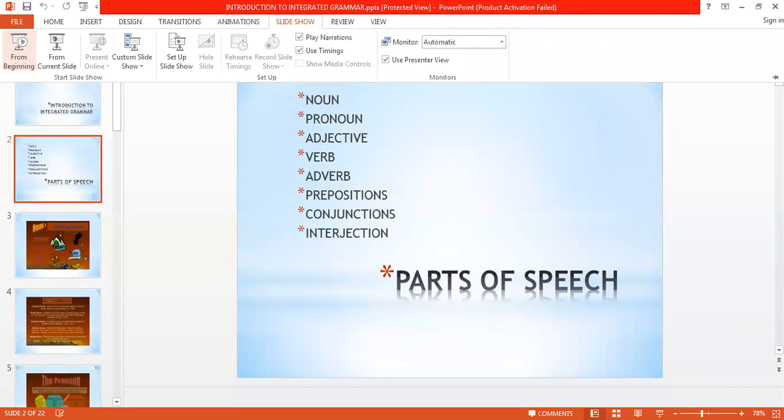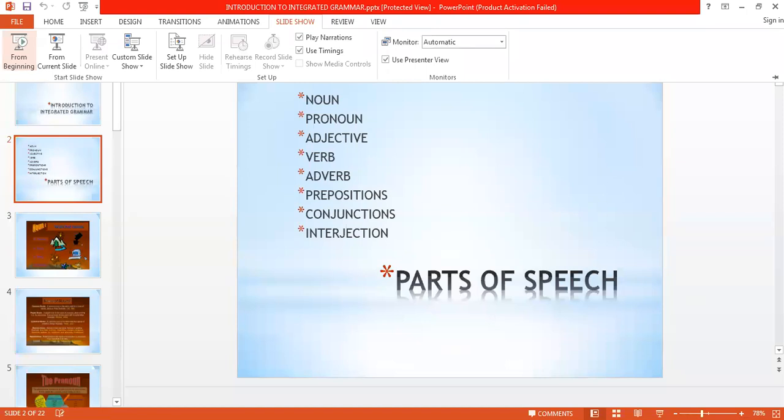So first of all, you should know the various parts of a sentence. We use many words in a sentence, and these words play different roles. We can take an example of ourselves. Normally we are human beings, but when we are at home, we are a family member. When we are standing in a shop, we are a customer there. When we are in school studying, we are a student. If we are teaching there, then we are the teacher. We, being a single person, play different roles at different places.